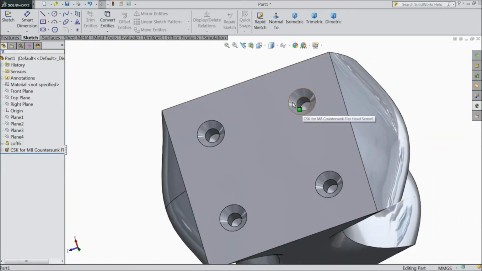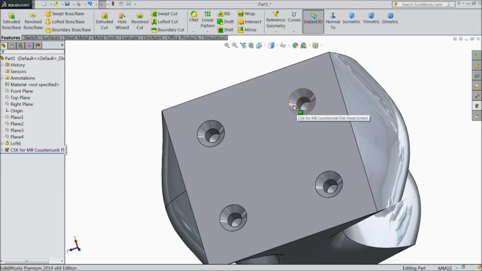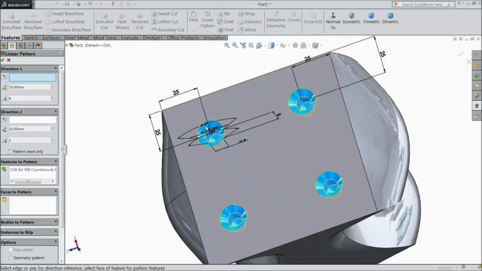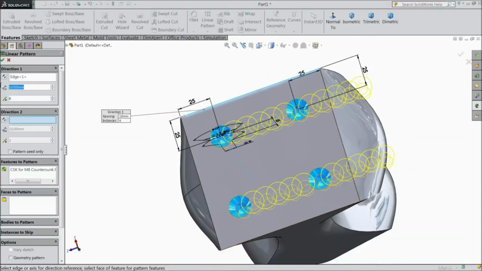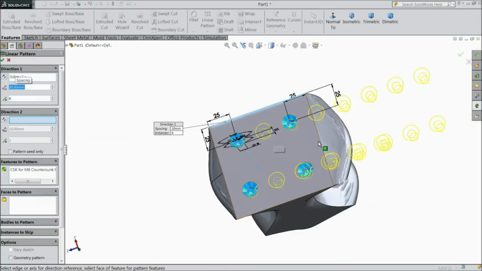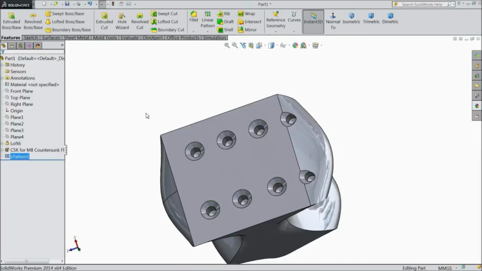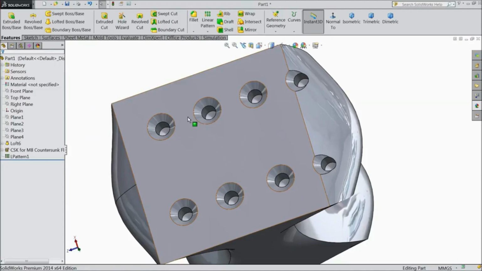Even you can draw one hole. You just draw one hole, select linear pattern. Now it is selecting all because we made 4 holes at a time, and you can increase in any axis. See, it is increasing. See, you can increase in any direction if you want many number of holes. 1 number, 2 numbers, select OK. See, so you can also create only one hole, and with the help of linear pattern you can make it in a different way, different direction, and different